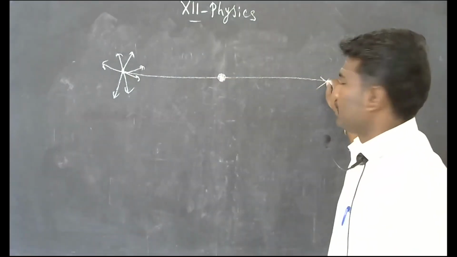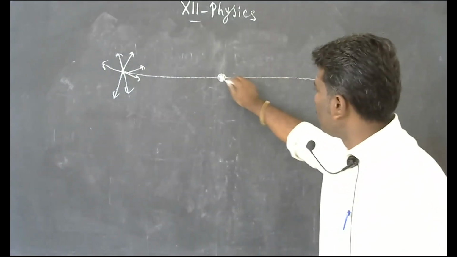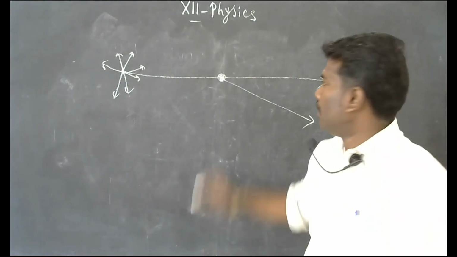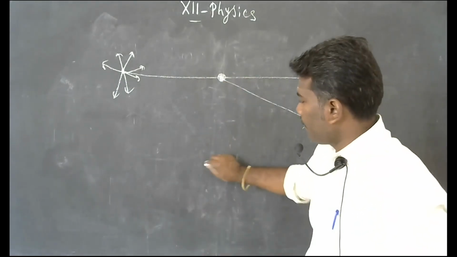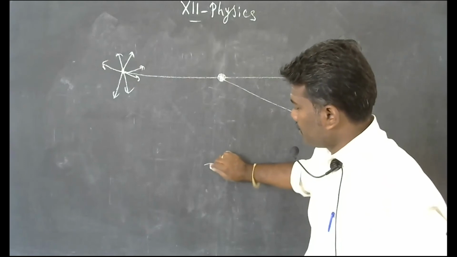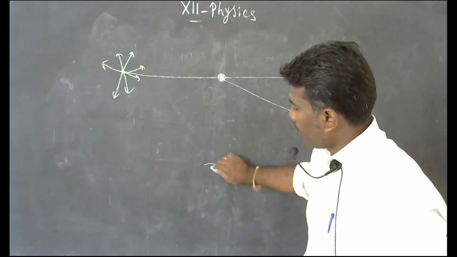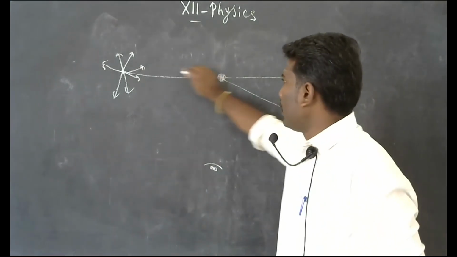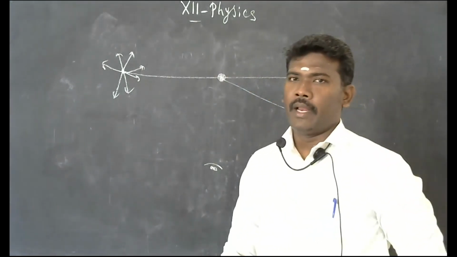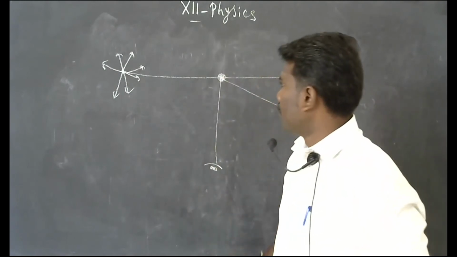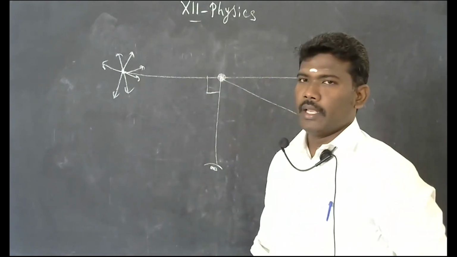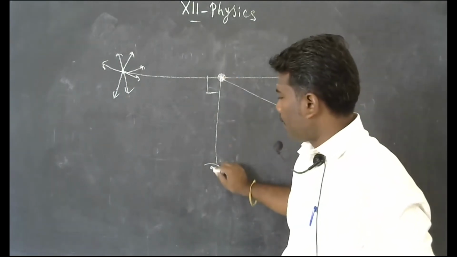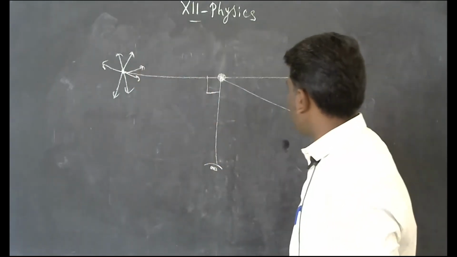So here we receive some of the vibrations, and here in this part we have some of the vibrations. And if you are looking from this place, this is nothing but viewing the light ray perpendicular to the propagation of the light ray. Here this is our view. So the angle here is 90 degrees. If you view the scattered light ray perpendicular to the propagation of the light ray.